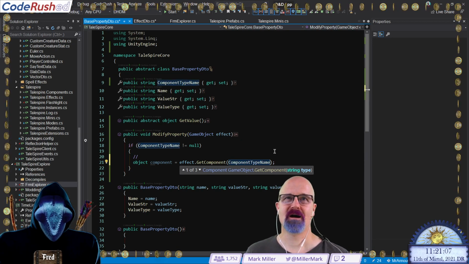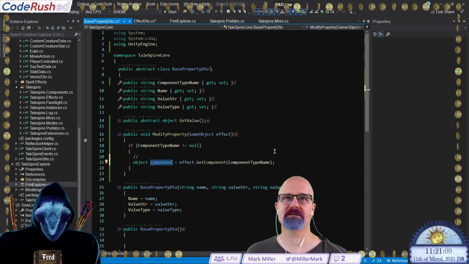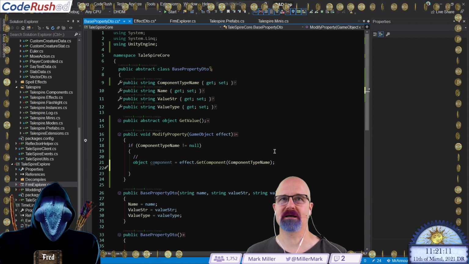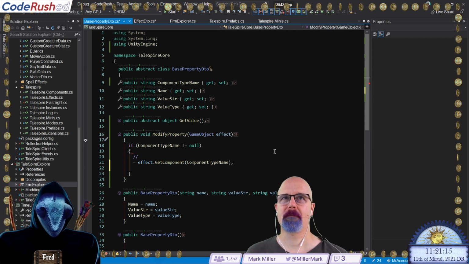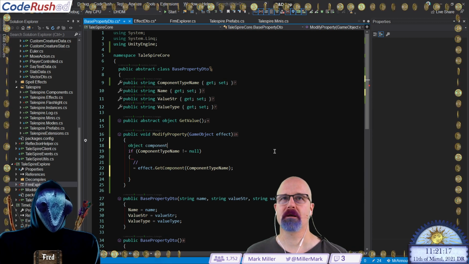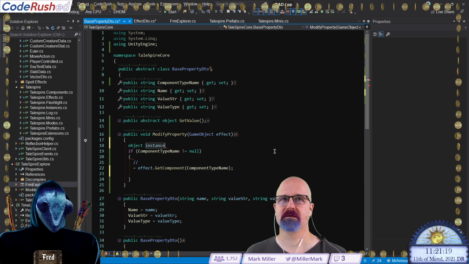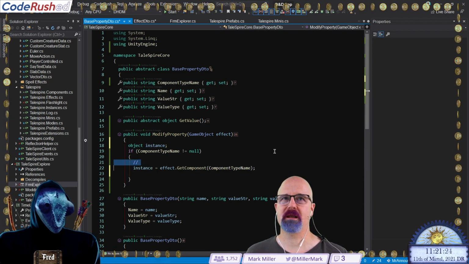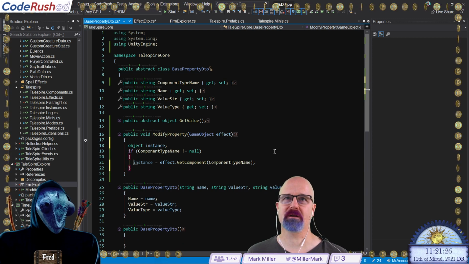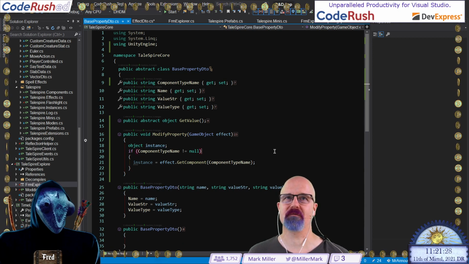Okay, so we're going to do this. So that's going to get it. And here's what we're going to do. Sorry, hold on. Okay, instance. This is how this is going to work. If component name, type name is not null, then we're going to call get component, passing in the type name of the piece we want.